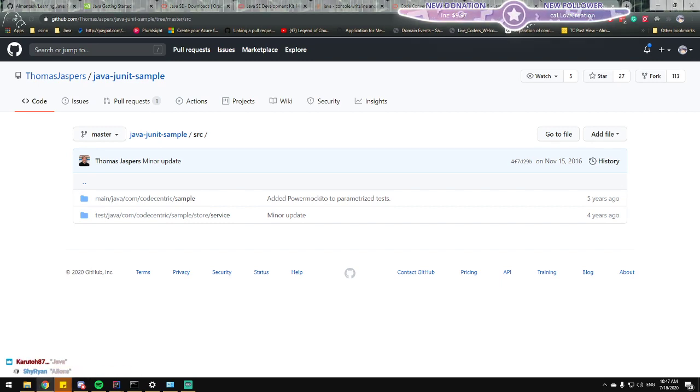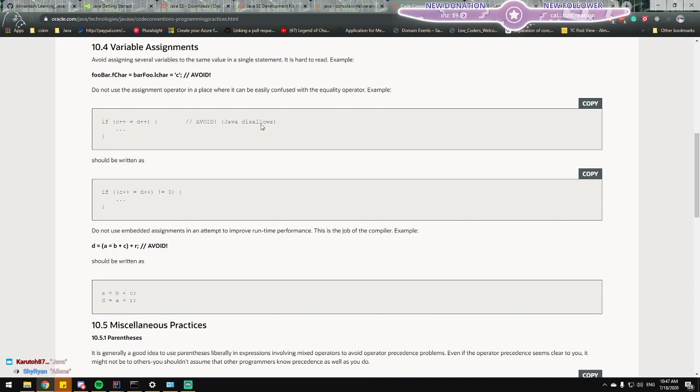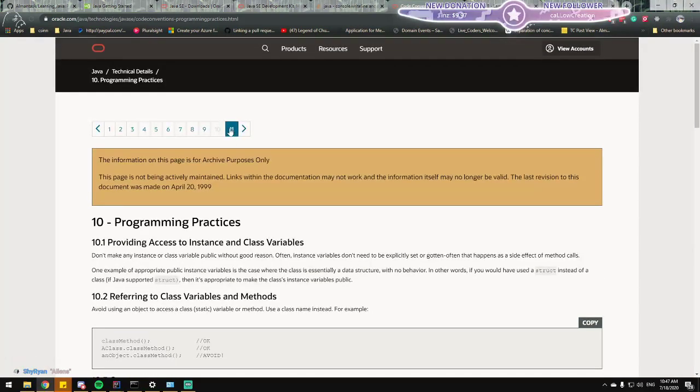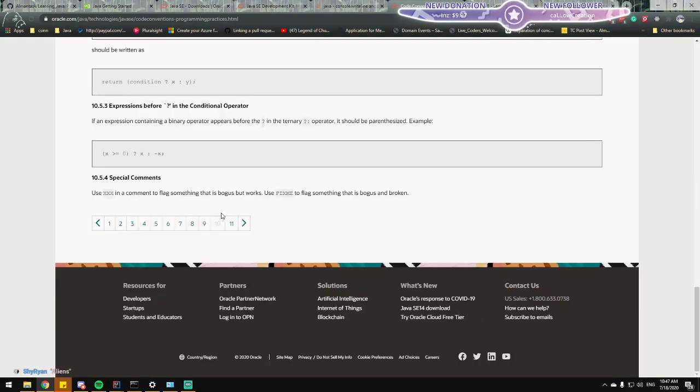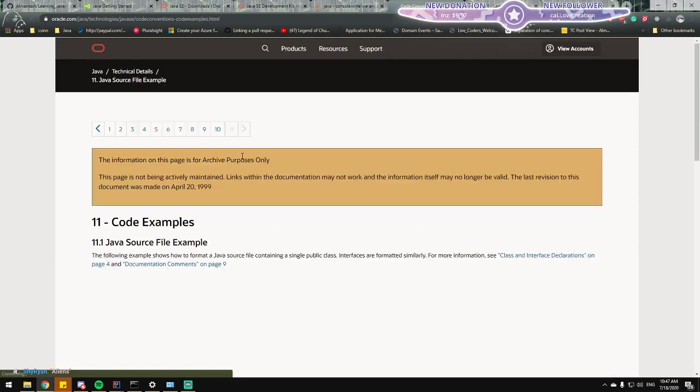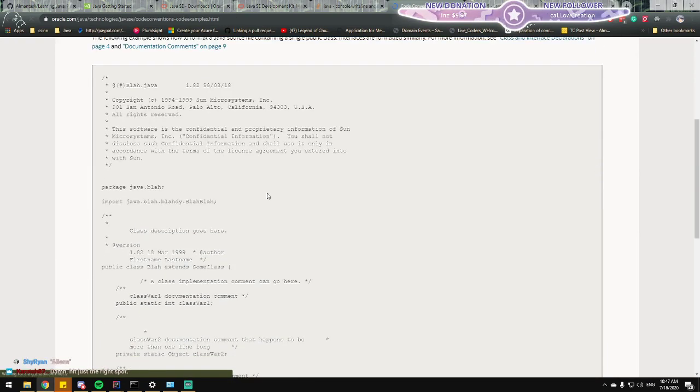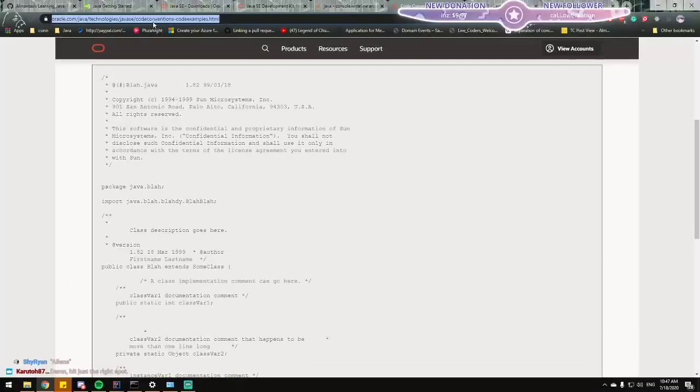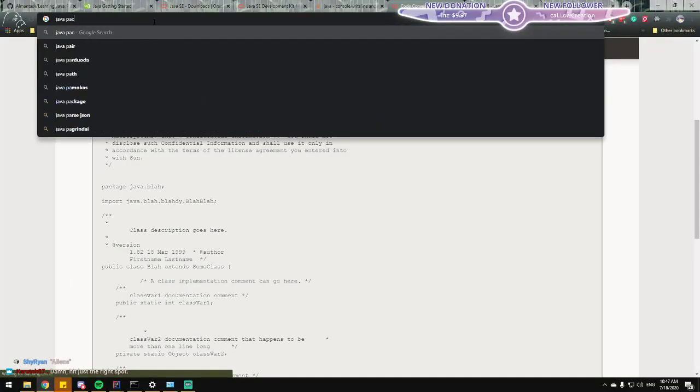Why com? Package names and conventions. Programming practices, that's fine. Java source file example. Java package naming conventions.